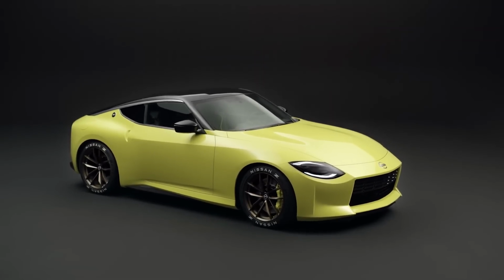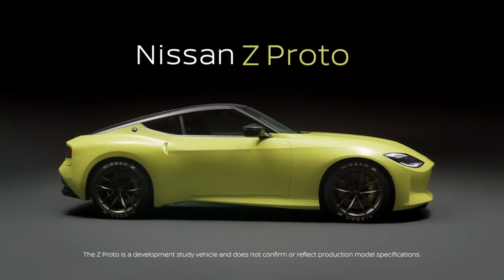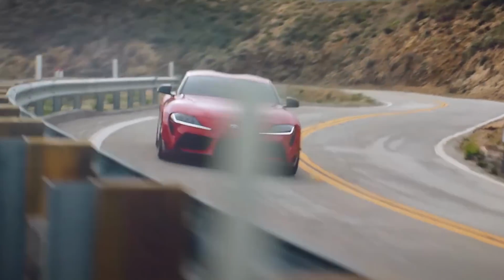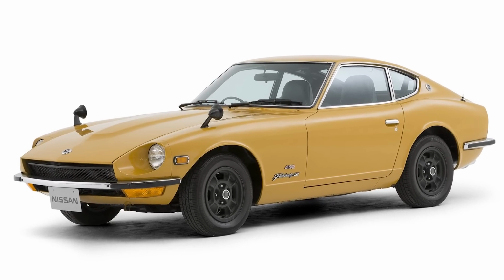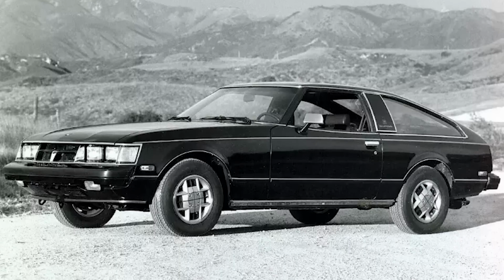I'm Gary. The Nissan Z will be out soon and it will definitely be cross-shopped with the Toyota Supra. So this video might help you if you're debating between the two. These two cars have always been rivals, providing similar features and performance. The Supra wouldn't have existed if it weren't for the Z. So let's compare them both side by side as best we can to see which one may fit your preferences